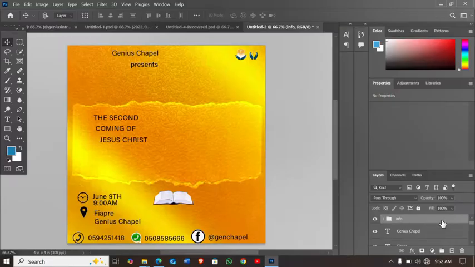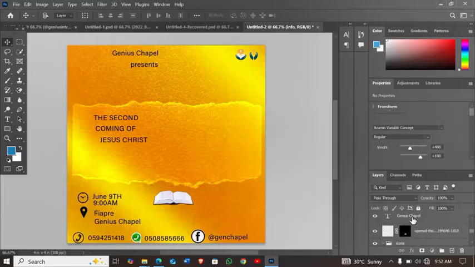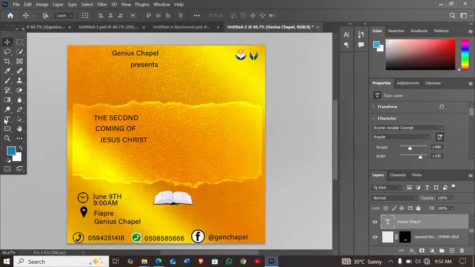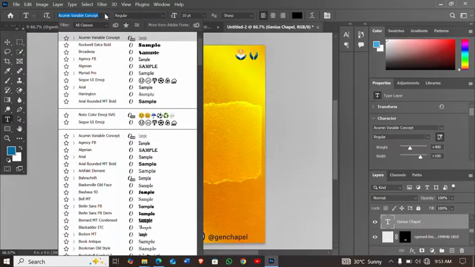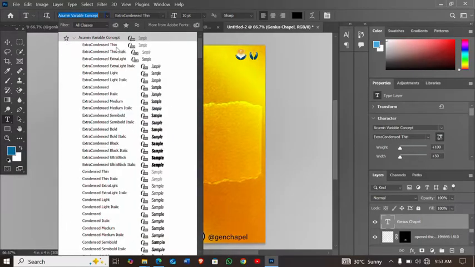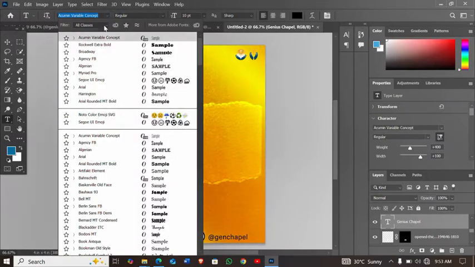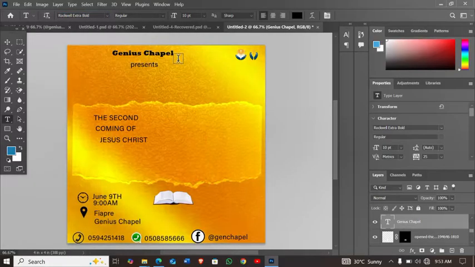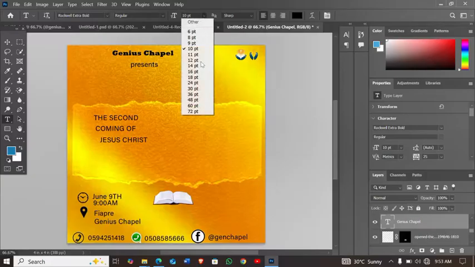So the next thing is for me to provide a general effect on this flyer. So I'm going to select the Genius Chapel name and select the text tool. So I'm going to choose a font family for the church. I'm going to use the Rockwell Extra Bold for the name of the chapel and increase the font size to